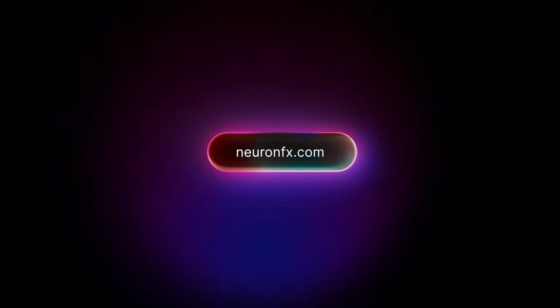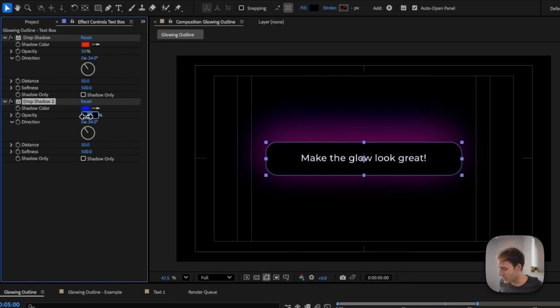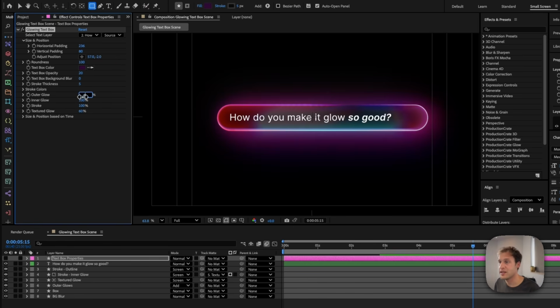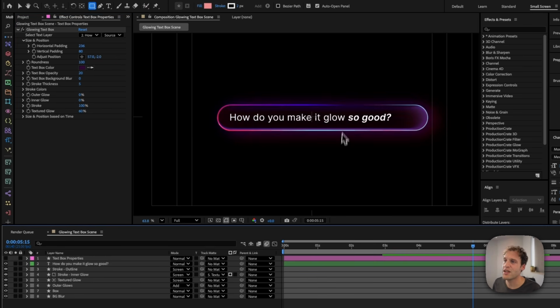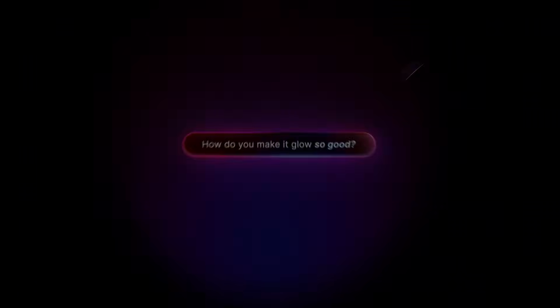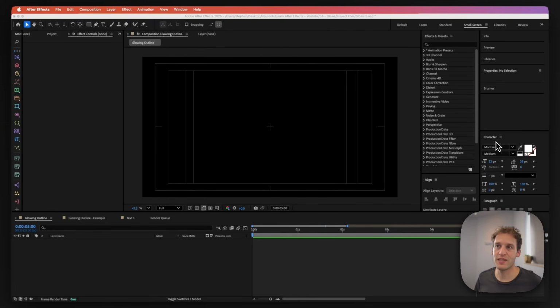We will focus on all the small details, like subtle ambient light and textured glass inside the box. And the whole setup is fully modular, so you can tweak and switch off every effect, making it completely your own. I am in After Effects, and I will start in this new empty composition right over here, and I